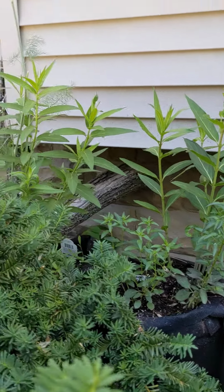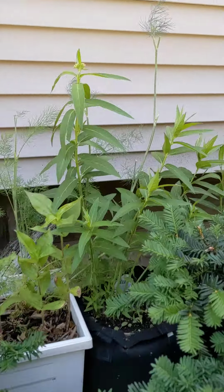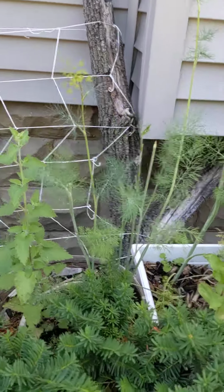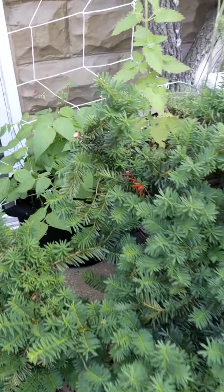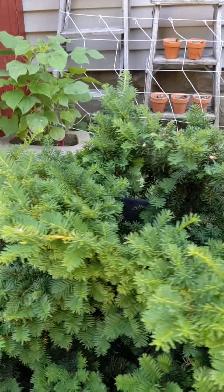Snapdragons, milkweed, some dill, little zinnia. That milkweed's starting to flower. Some more dill. Has a dill flower. You see that? Catnip. And then back in the corner here, I've got some more beans. I'm going to try and get up that trellis right there. Over here in the corner,